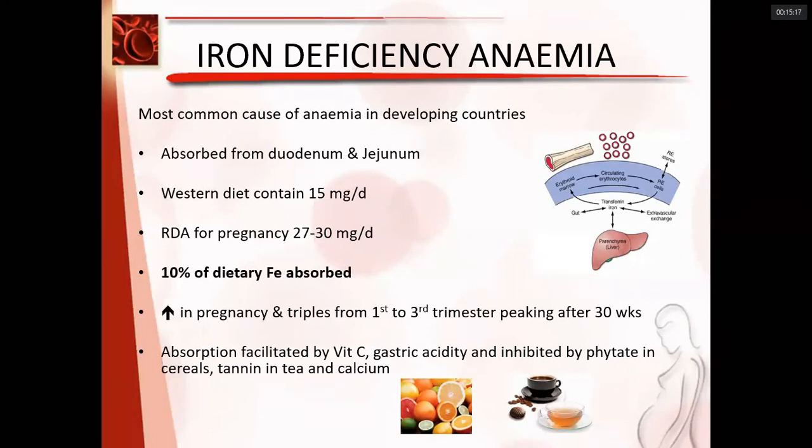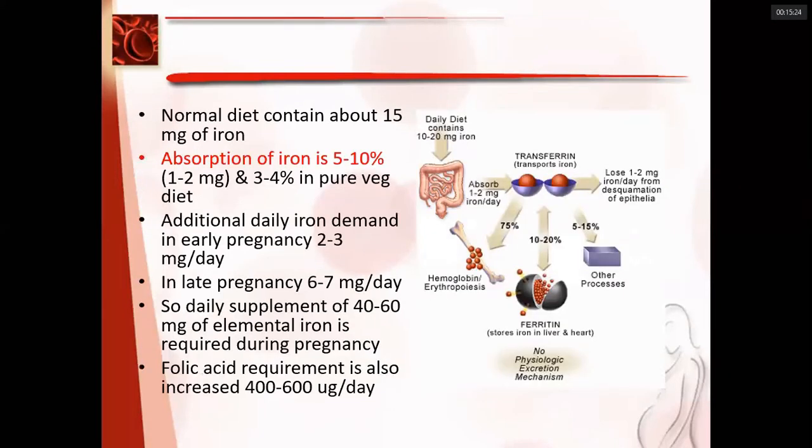And then it is carried to places where required, like for erythropoiesis, in the reticuloendothelial system, for storage in the liver in the form of ferritin, and there may be basal losses in other forms, that is by desquamation